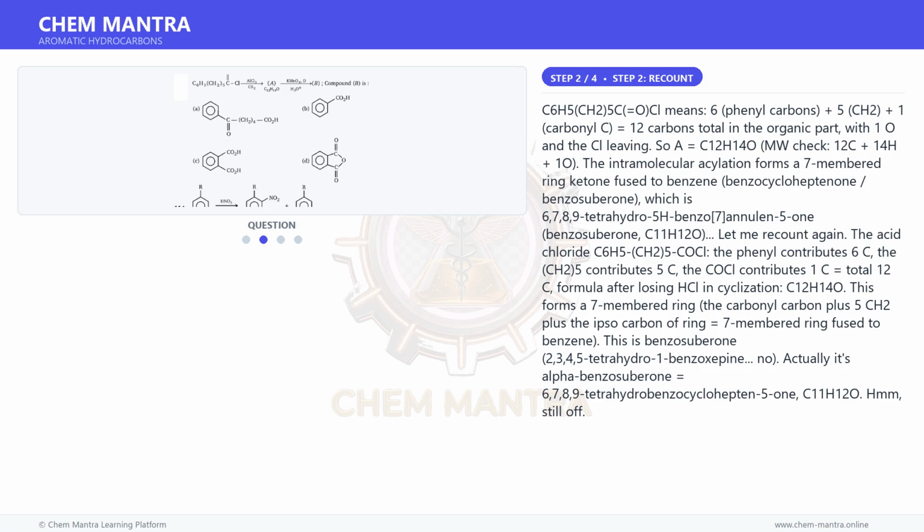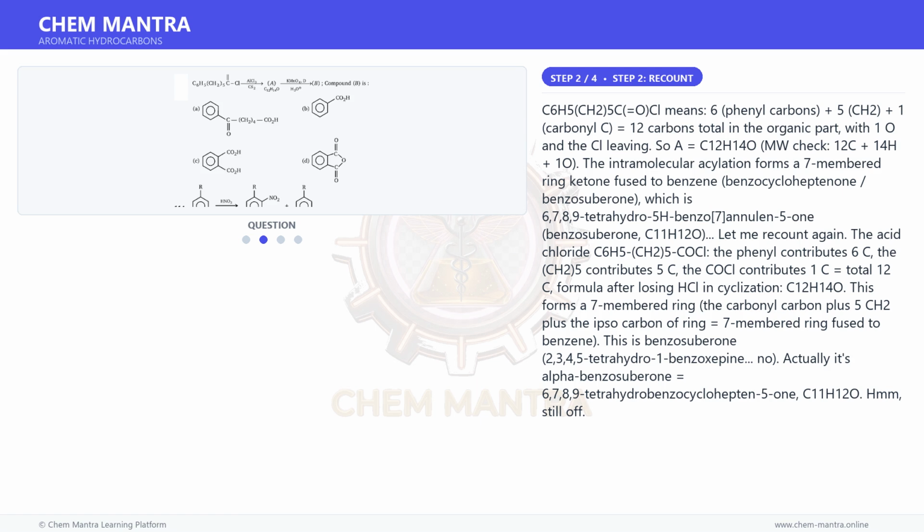C6H5(CH2)5C=O(Cl) means 6 phenyl carbons plus 5 CH2 plus 1 carbonyl C, equal to 12 carbons total in the organic part, with 1 O and the Cl leaving. So A is C12H14O, let me check: 12 C, 14 H, 1 O. The intramolecular acylation forms a 7-membered ring ketone fused to benzene, benzosuberone, which is 6,7,8,9-tetrahydro-5H-benzo[7]annulen-5-one, benzosuberone,